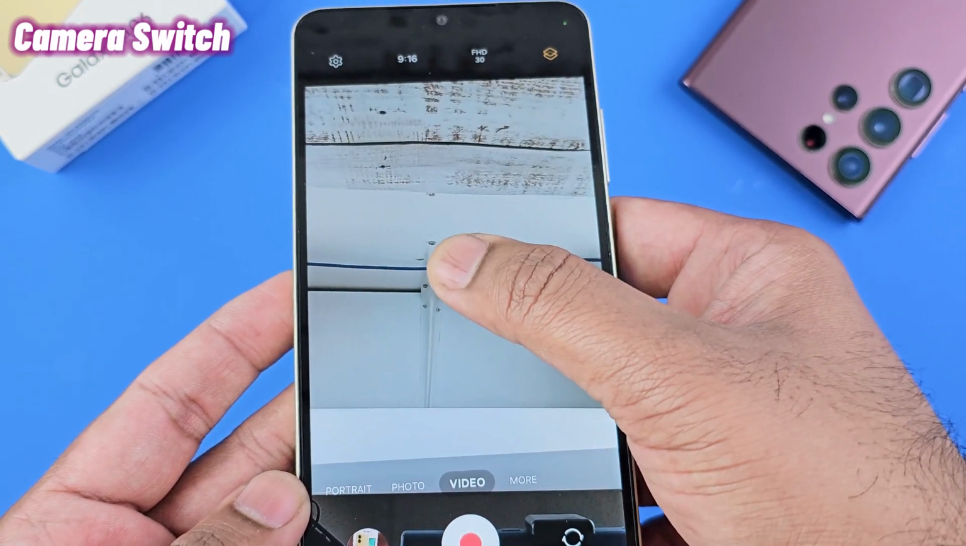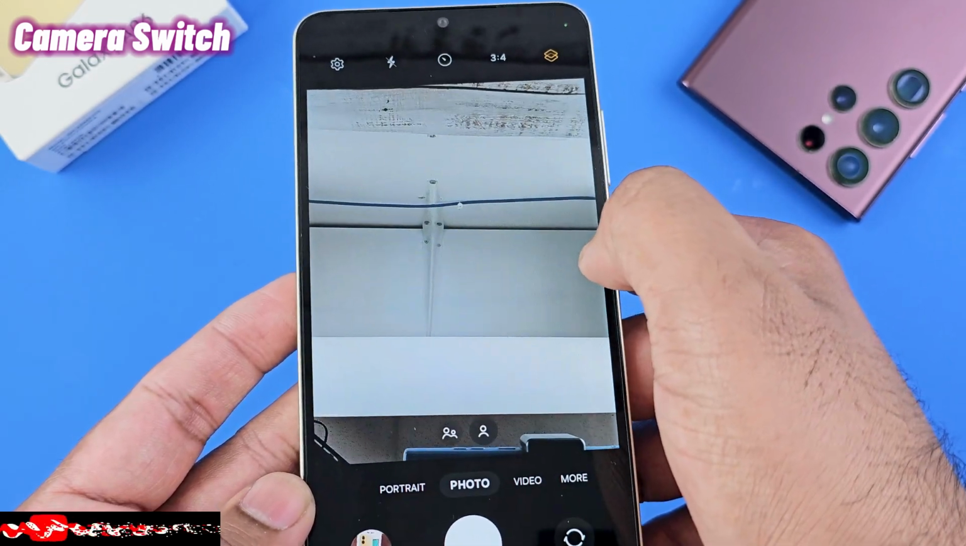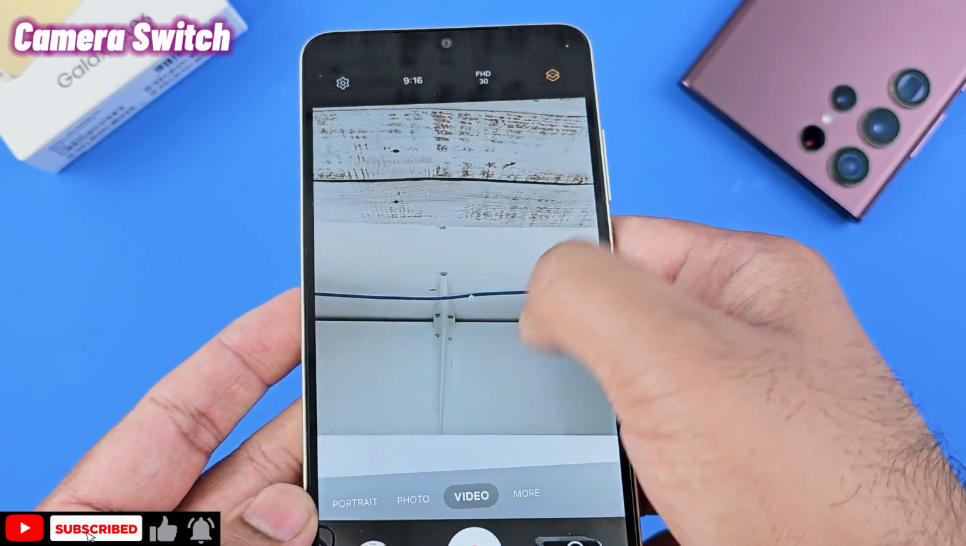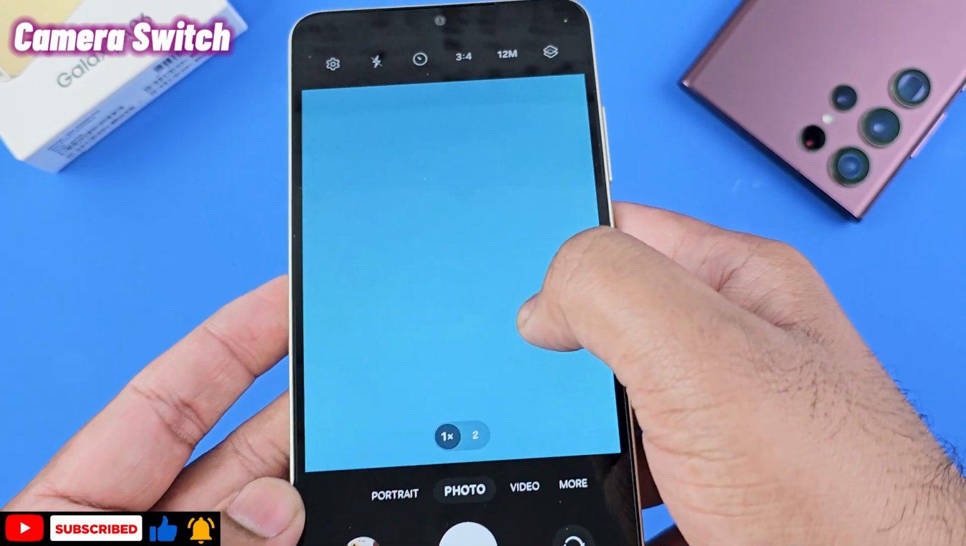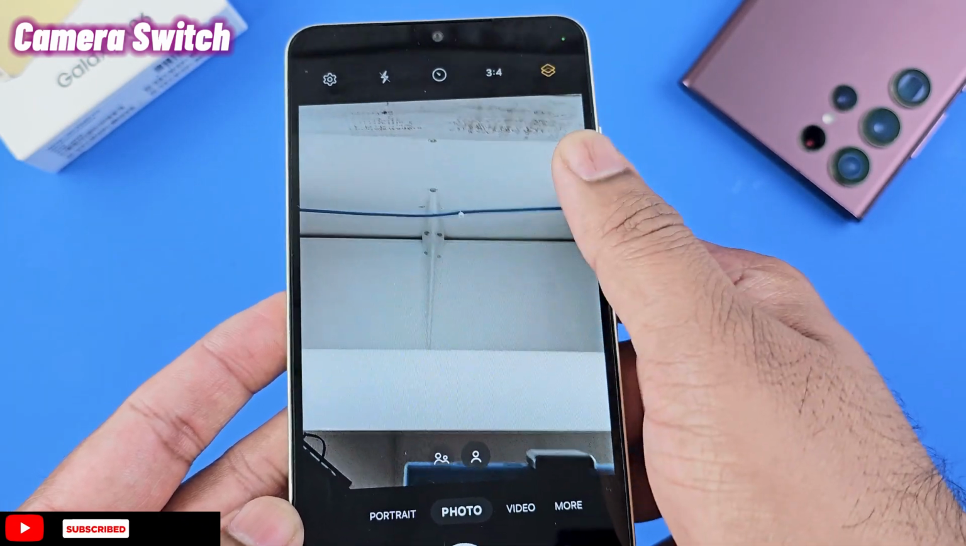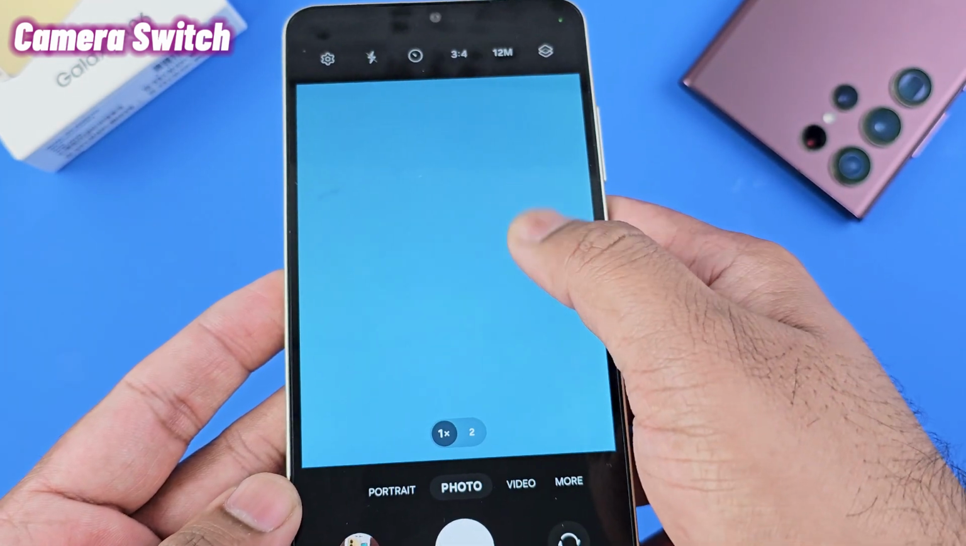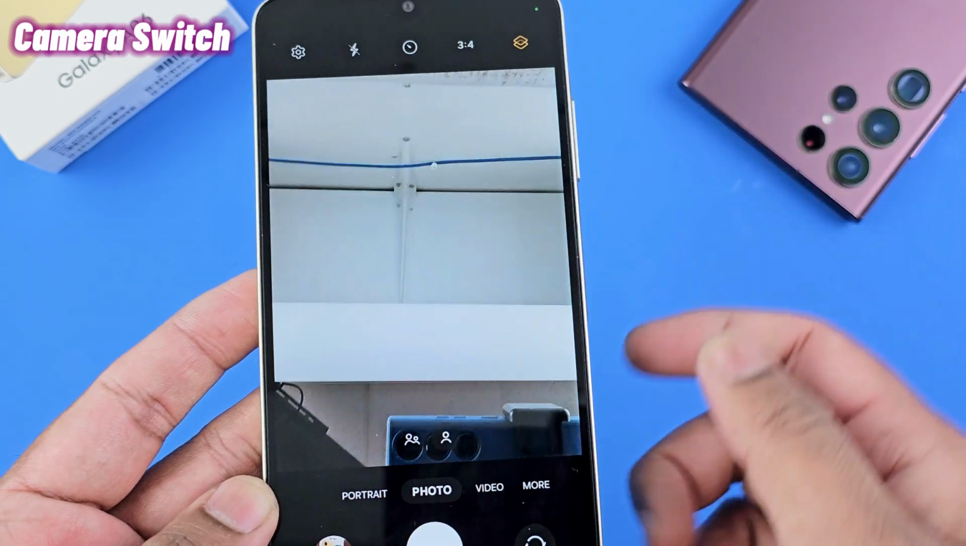See, and if you go here, it will zoom in and zoom out. See, sorry, it's just switching to the video, I'm sorry. And just slide down or slide up, it will flip the camera. This you can